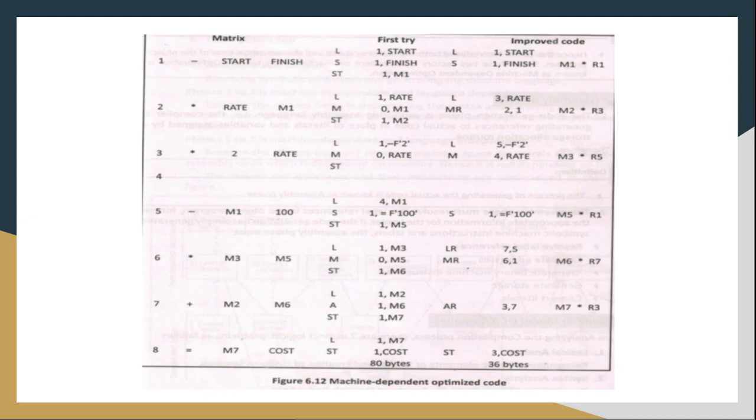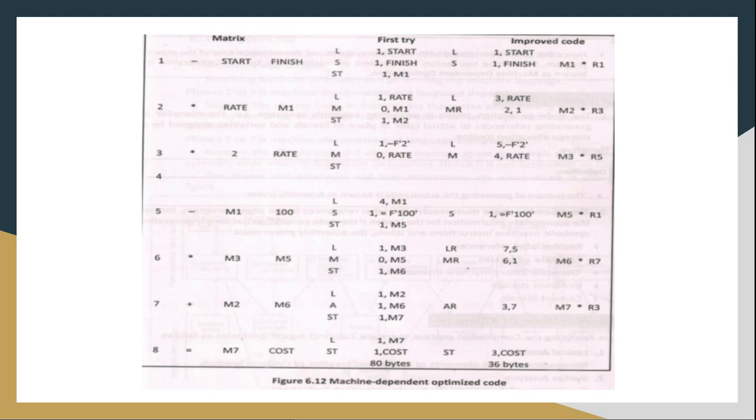So what are we going to do first in the code generation? Read each entry from the matrix table. That is, read line by line from the matrix and generate the corresponding object code. How will we generate the object code? Based on the code production table. We have seen that the code production table defines the object code for each operator.